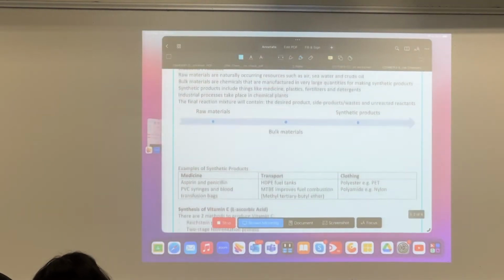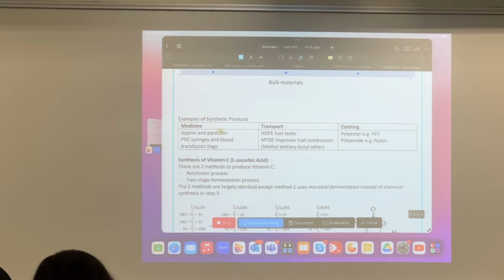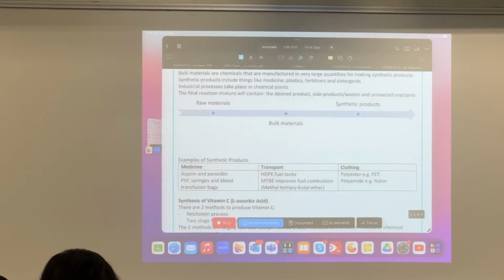Okay, next up, here are just some examples of things you need to know. Why do we want to make a lot of synthetic products? Because different synthetic products have different uses in different fields. Like the medical field, like aspirin. What is one property of aspirin? You remember? Painkiller, and then there's antipyretic, which fights fever, and it thins blood, so they will ask you about those properties. And it must not be taken with which chemical? Alcohol, or else there will be stomach bleeding.